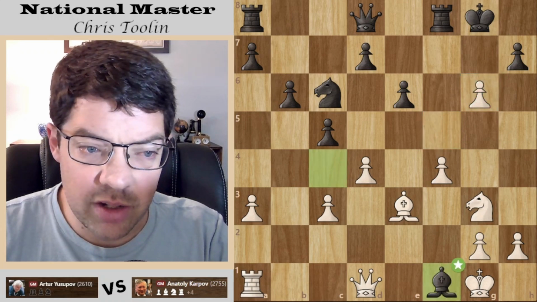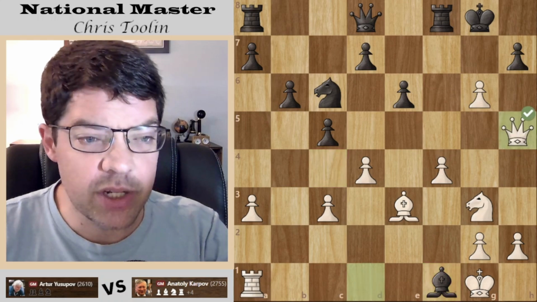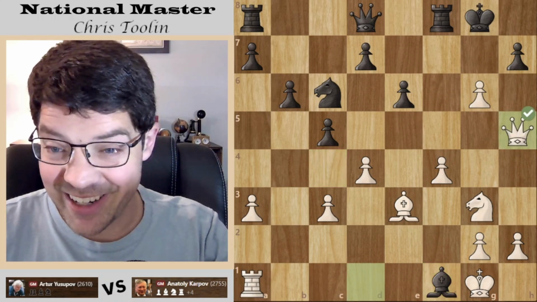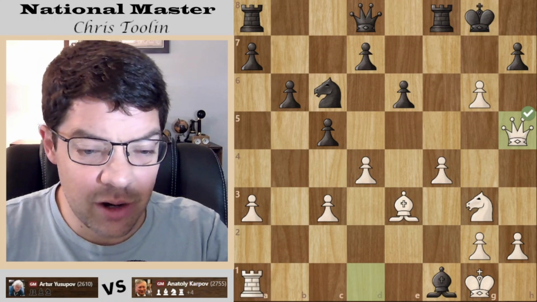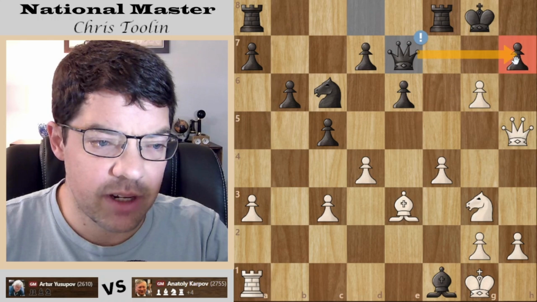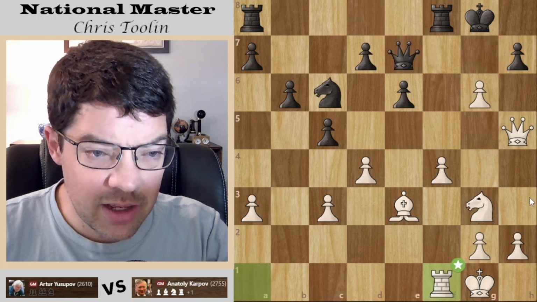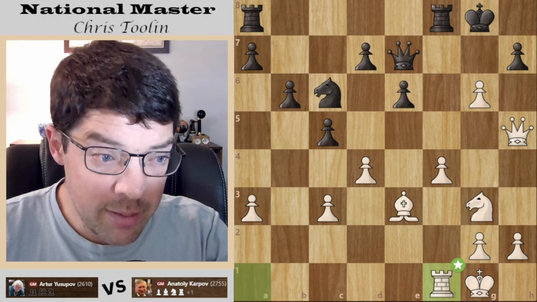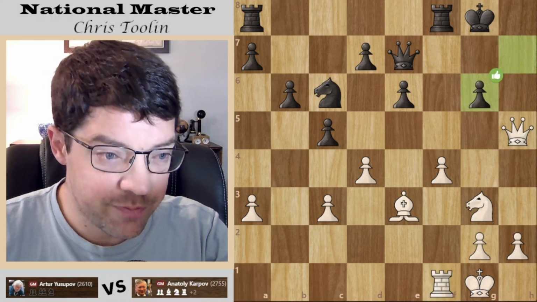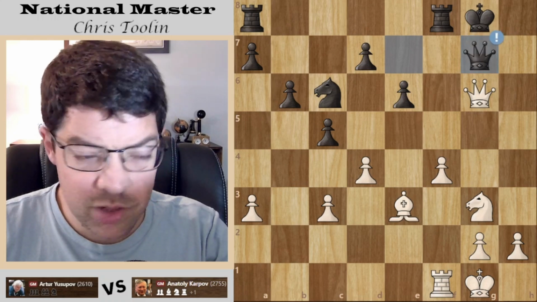Bishop takes f1. Bold move, allowing queen h5. Punch after punch. I'd be terrified here if I were black. But again, Karpov shows his cool nerves and just plays queen e7, guarding against checkmate. Rook captures, and black kind of sits back and says, you know what? I'm the one up the exchange. Capture, queen g7. Black is up the exchange for one pawn.